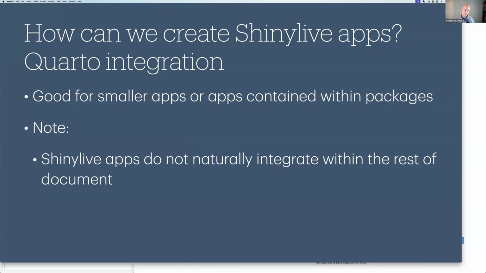Also, the shinylive application is embedded inside an iframe, so the app code values and normal things that you would find with a runtime Shiny or server Shiny application or file, where you can retrieve values down in a lower chunk or a higher chunk. It's not possible here because shinylive is put inside an iframe, and that isolates the app, and so values are not able to be shared as of right now.